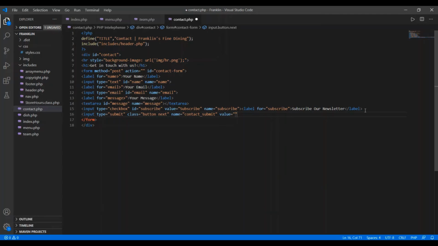This has to be displayed on the button as Send Message. Then here we close this input.